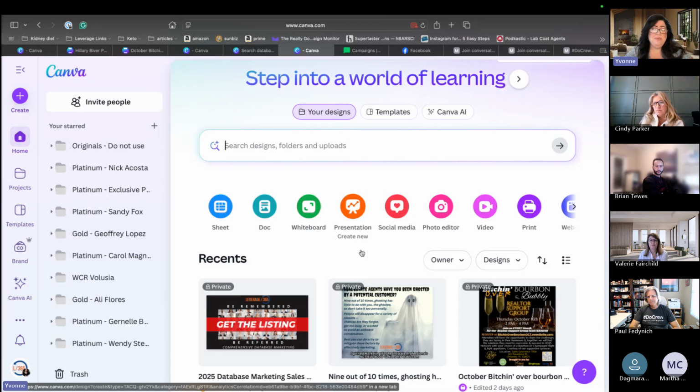I don't know the answer to that because Canva is a graphics program. It is not a CRM. A CRM is obviously a place where you put contacts in a database and such. So they're drastically different. Like an email platform is an email platform, and this is a graphic design program. So the question is, what is the goal? What is it you're trying to accomplish using Canva that you believe you want to use your CRM with it?